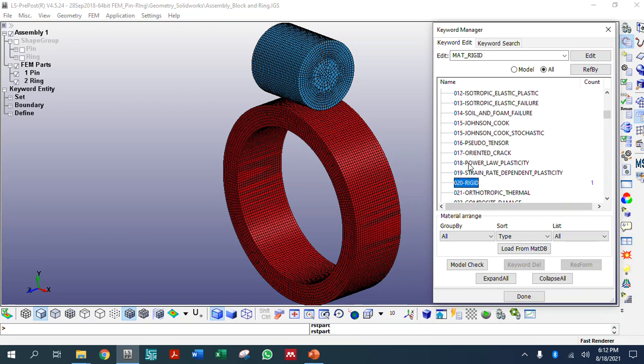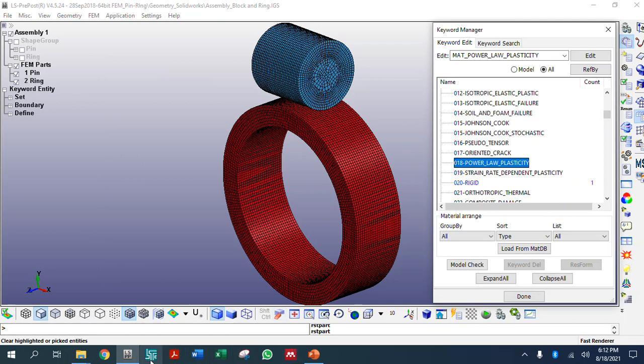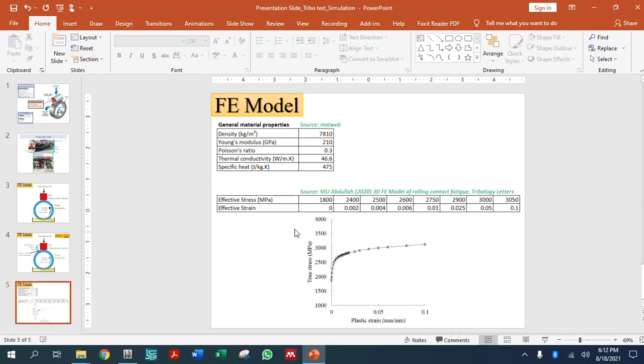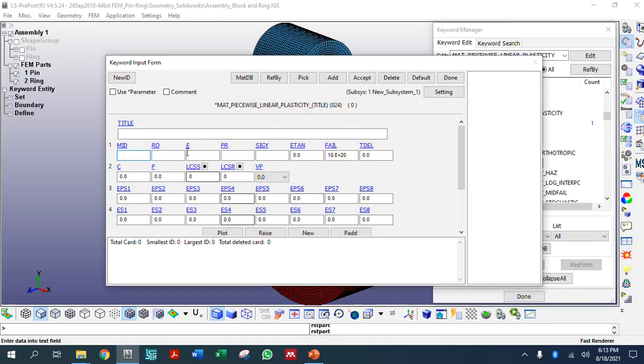So we can use this power law plasticity if we have the value for K, the Hollomon curve constant K and the constant N, and the sigma Y. Since we do not have this, we are going to use the piecewise linear plasticity approach. So here we click on new, and we click here bearing steel,